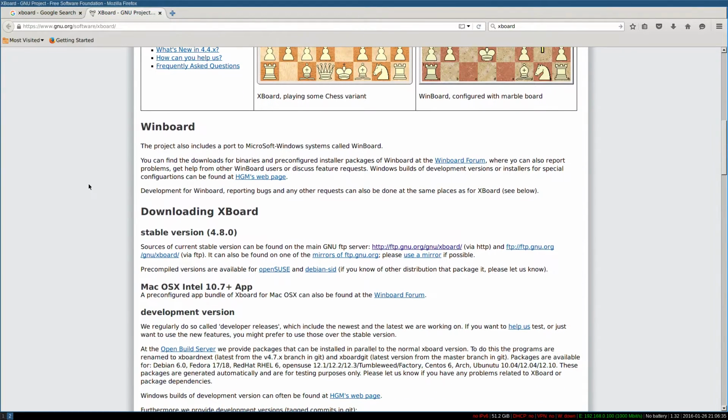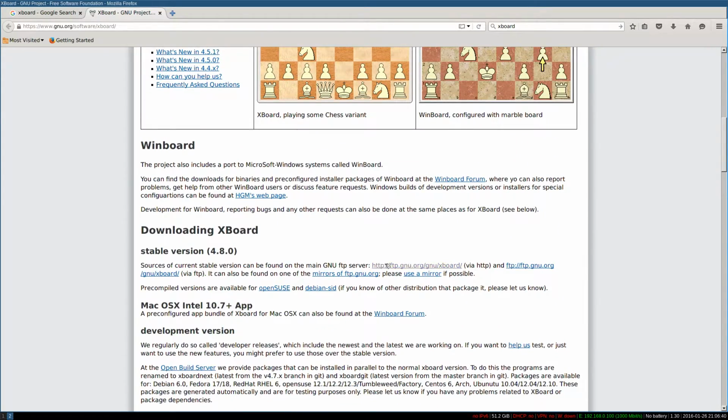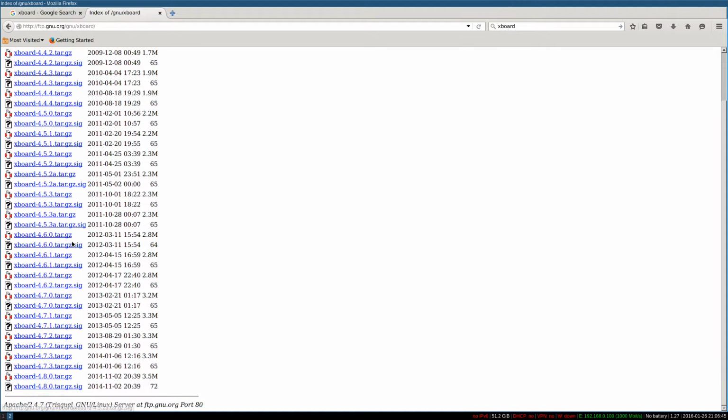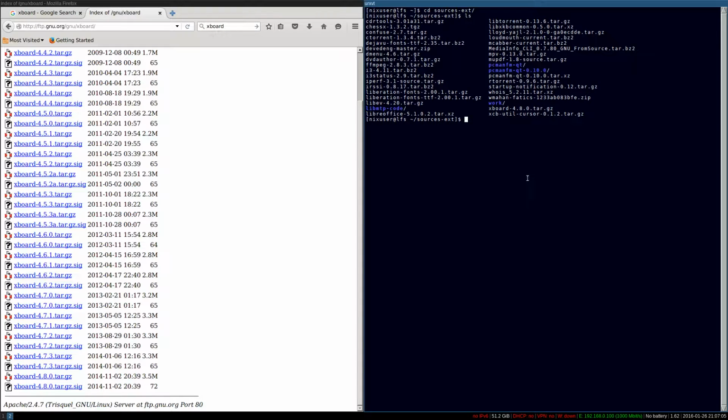And yeah, so you can find more about it. There's some ports to Windows and stuff like that. Basically, I went into here and I downloaded the latest version of it, which was from 2014, which I suppose is a little while ago now. But yeah, I downloaded it and I just put it in here. I'll just show you. So CD. So as is usual, I download it into an external sources directory, because it's not part of the base install,